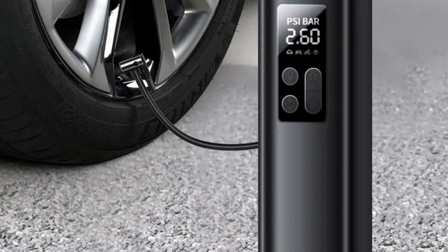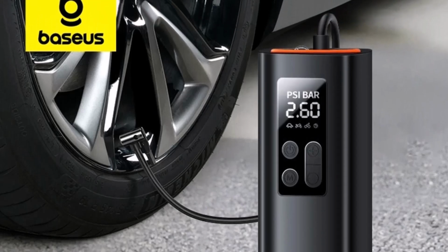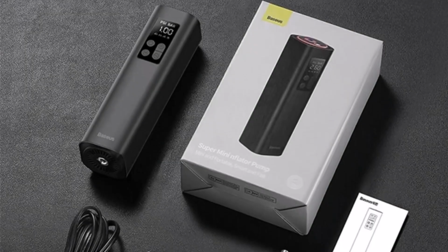Lightweight and easy to store, this mini air compressor is designed to save you time and effort. Whether you're on a road trip or simply need a quick tire check, the Baseus air compressor is a must-have